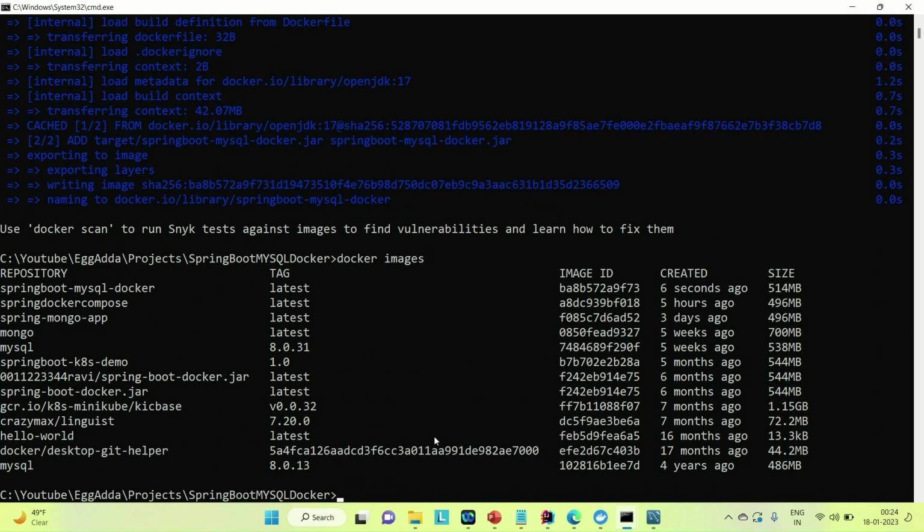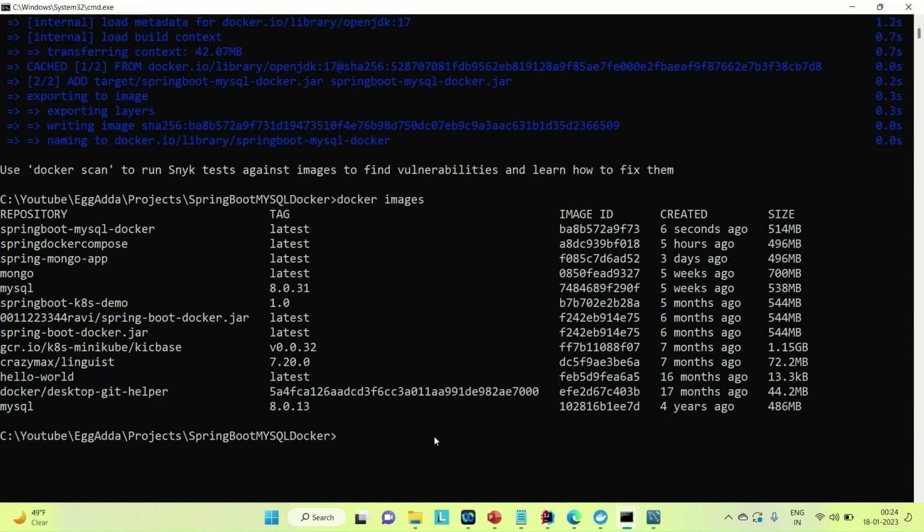So what is the next thing that I'm going to do? I'm going to connect the running instance of the MySQL DB to the network that we have created earlier. The network name was Spring Network. Let me do that. For that we need to run this command, which is network connect, network name and the container name. So let's say docker